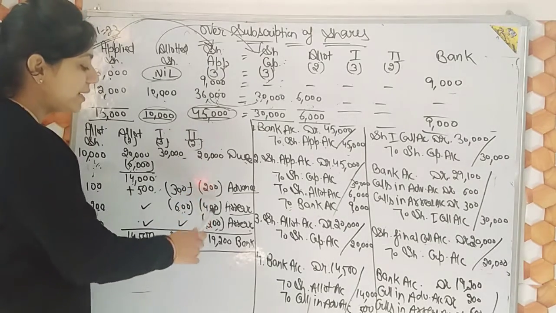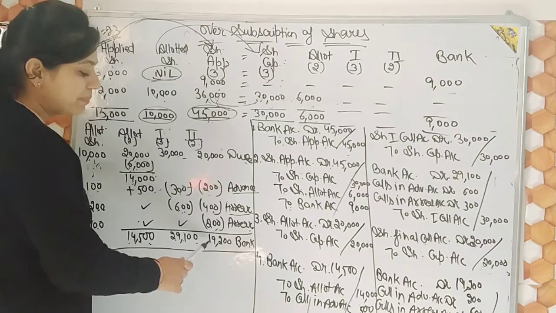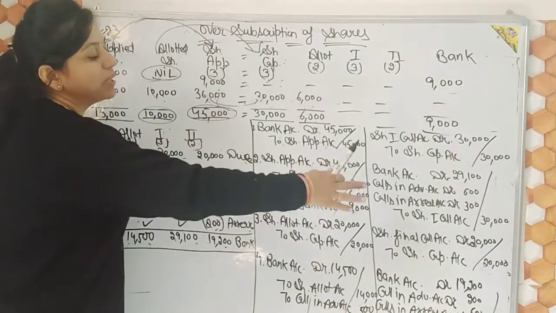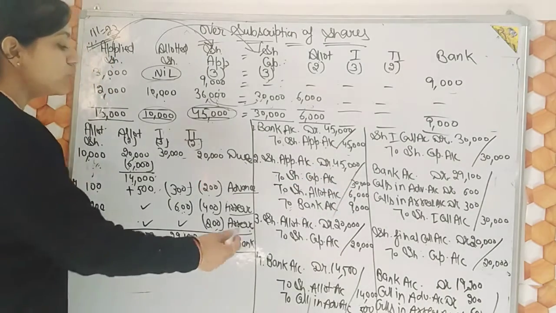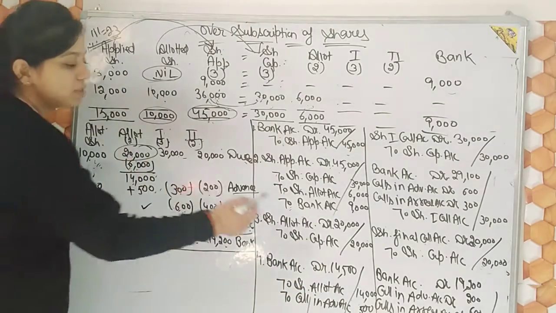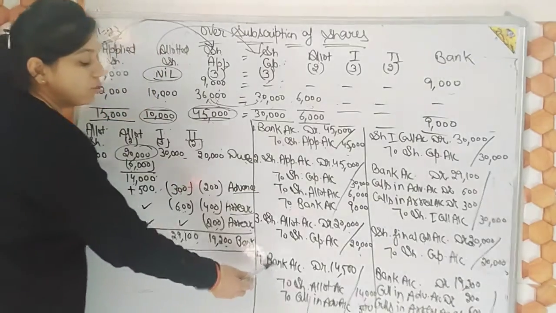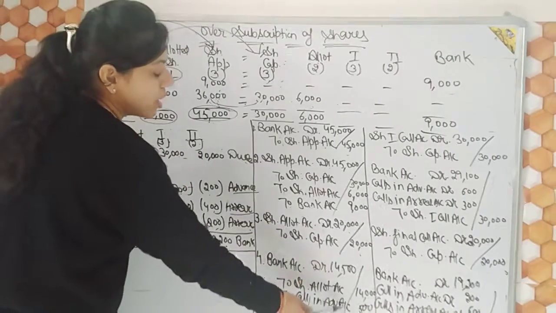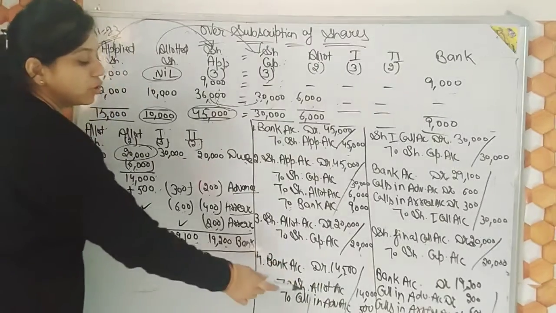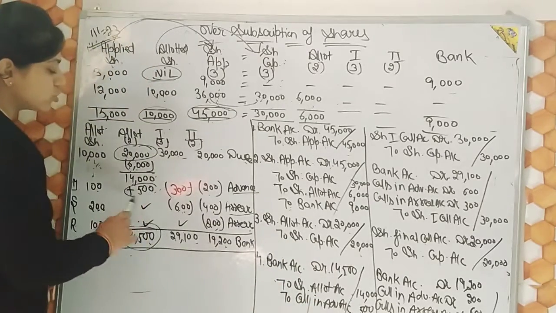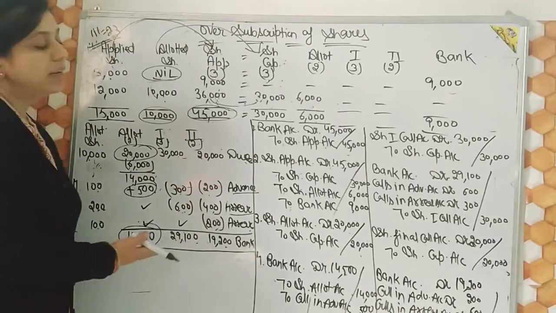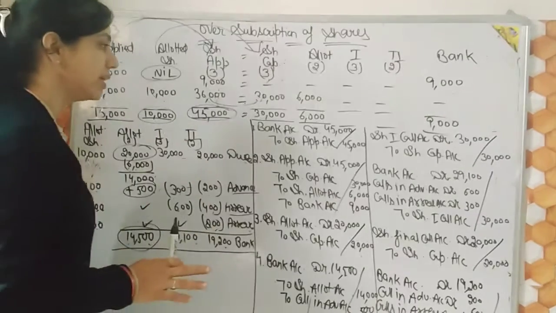Similarly, 20,000 minus 800, that means 19,200 we will receive at the time of second call. Now it's quite simple to post them in journal entries. How will you post? Share allotment account debit to share capital account. Due is 20,000. So just make here 20,000. And bank account debit to share allotment, calls in advance. So in front of bank we will write 14,500. Allotment is 14,000 and calls in advance shows 500. So it's quite simple through the table.